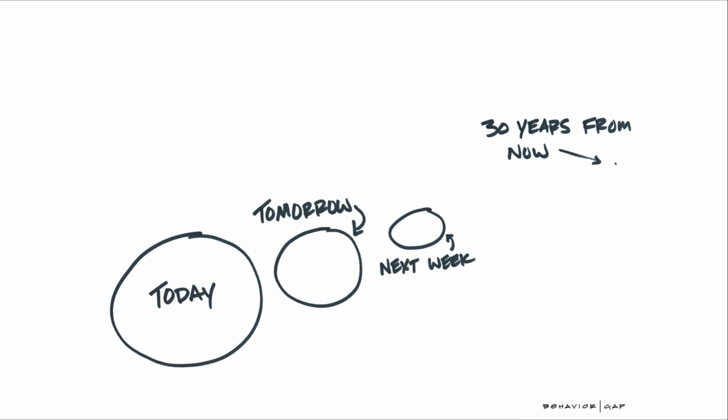And finally, let's finish off with one other one from Carl Richards. This is a classic now you see it, now you don't. He shows today, tomorrow and next week on the left. And then 30 years from now is just a tiny, tiny little dot on the right-hand side. There's barely anything to it. There's barely anything to see. So there's a huge